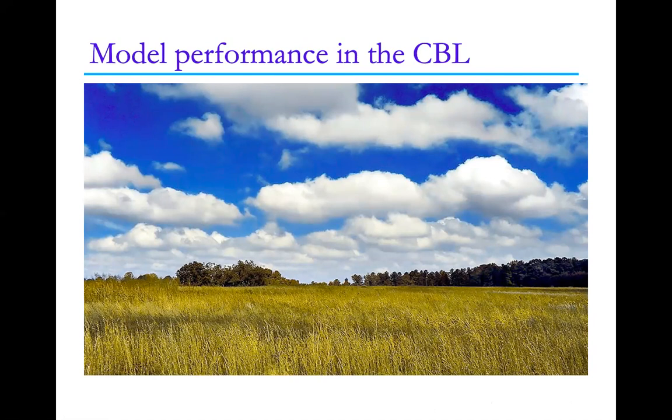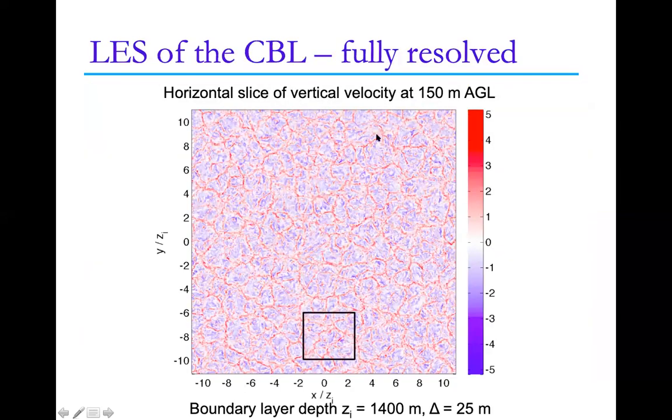This convective boundary layer situation is just a warm, sunny day. The sun is heating the ground, thermal plumes develop, and you get convection, and maybe there's clouds, but not in this case that I'm showing you. It's just a dry convective boundary layer to start with. If you took a horizontal slice across here, you would see these updrafts and downdrafts. If you look at vertical velocity at 150 meters above the ground, you see updrafts in red and downdrafts in blue.